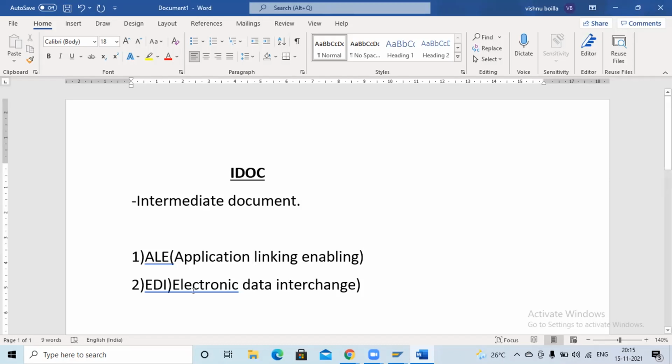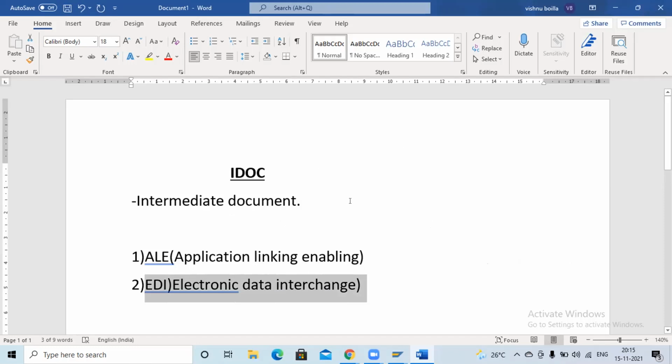Coming to EDI, mostly we use this for bank purposes. We have already discussed it: in the EDI concept, we send the information to the bank, the bank prints the checks, and those checks go to the vendors. When I discussed the DME concept, I gave a few payment methods.